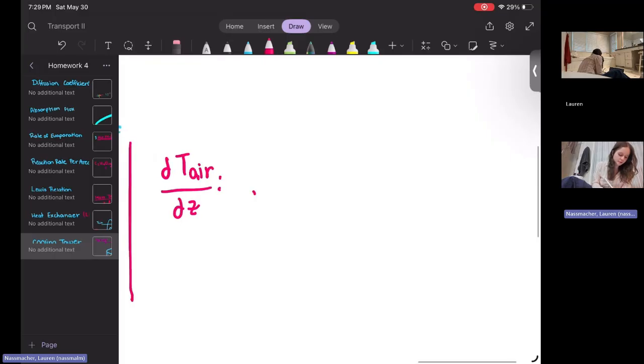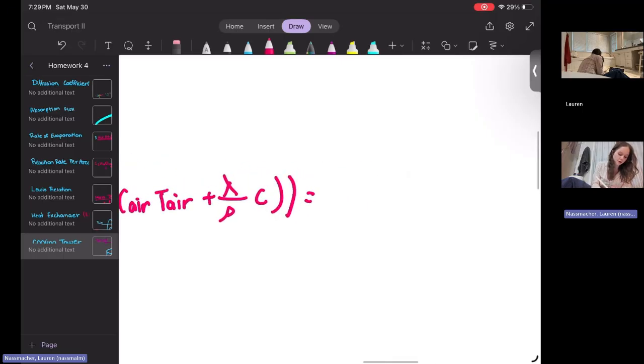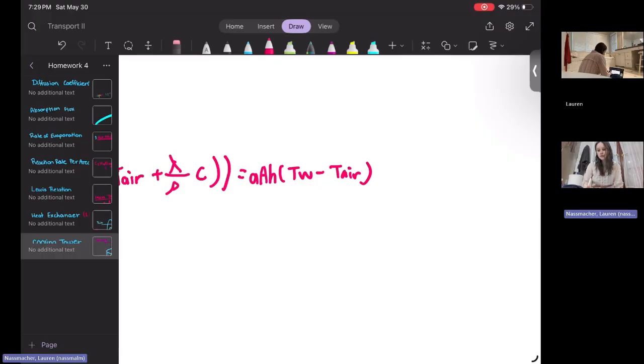So that's going to involve the change in our density, our superficial velocity, cross-sectional area multiplied by concentration of air, temperature of the air, because that matters, plus thermal expansion divided by density, concentration, and then that's going to be equal to, of course, our heat and our mass and energy balance, which is temperature of water minus temperature of air, multiplied by our cross-sectional area, our heat transfer coefficient, as well as the change in position, plus